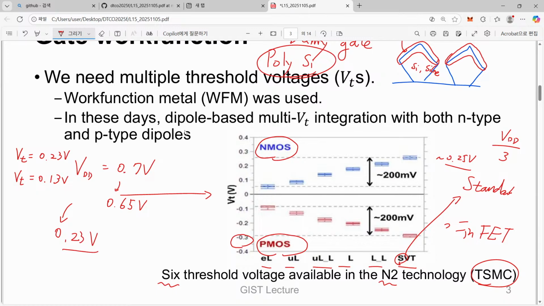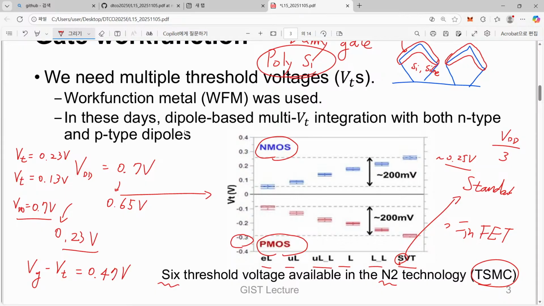If we apply VDD equal to 0.7 volt to its gate, then you can find that the gate overdrive voltage, the difference between gate voltage and threshold voltage, in this nominal case would be 0.47 volt, and